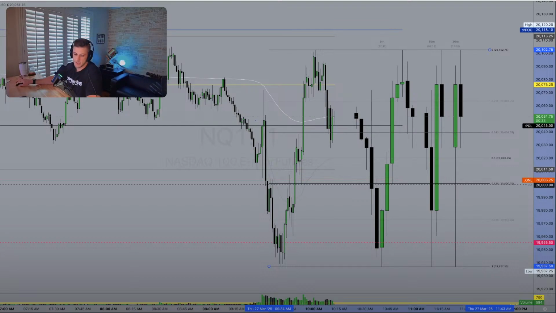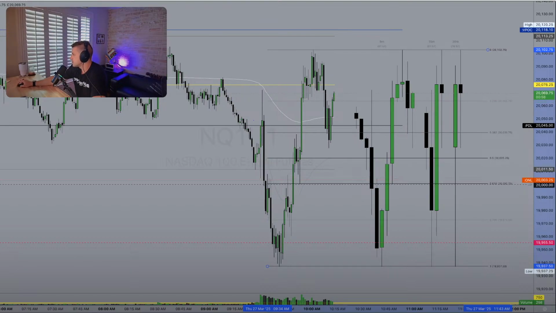Timmy too short. Nice. Nicely done. Nice little bounce there versus the prior day low.